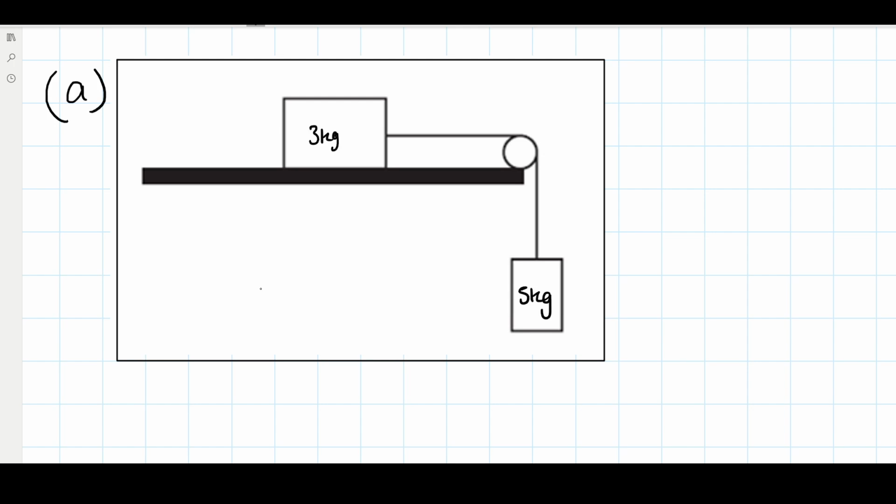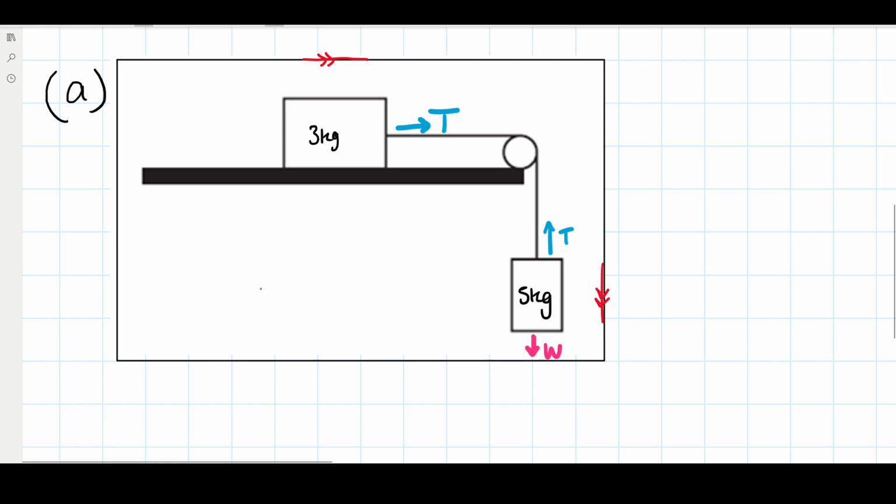So in part A, to start, I'm going to label the directions of motion. The 3 kilogram object is going to be dragged across by the string to the right, and the 5 kilogram object is going to be moving downwards because of its weight. If I label the forces on, I've got tension acting across for the 3 kilogram block. I don't need to include the reaction or the weight here. For the 5 kilogram block, I've got tension acting upwards, and